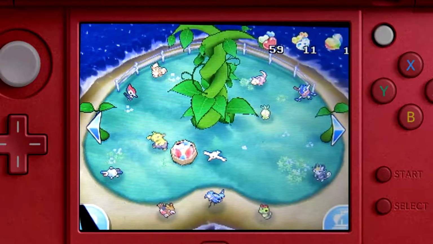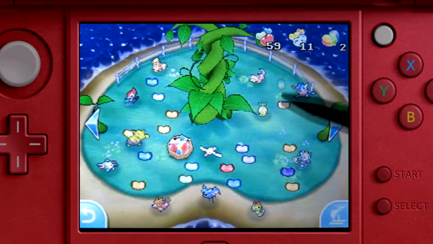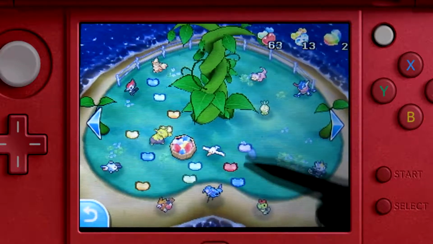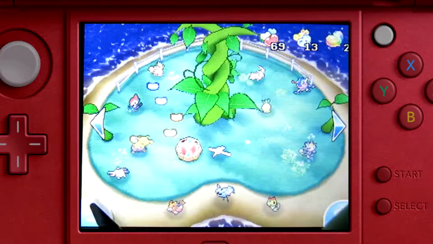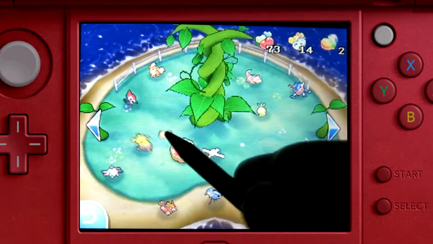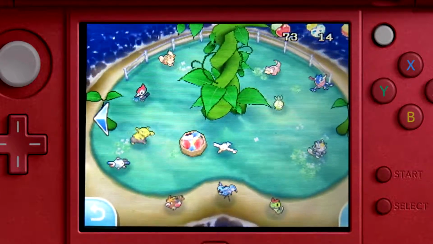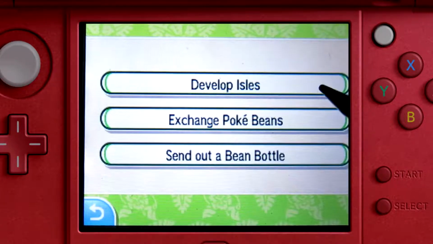Alright, so that's another thing. When you have the bigger Poke Beanstalks, more beans will come out. So they say. But then again, this is just like the first day, so I don't really know what sort of effect it's going to have. Anyway, so I'm going to go one more time, and I think that I have...